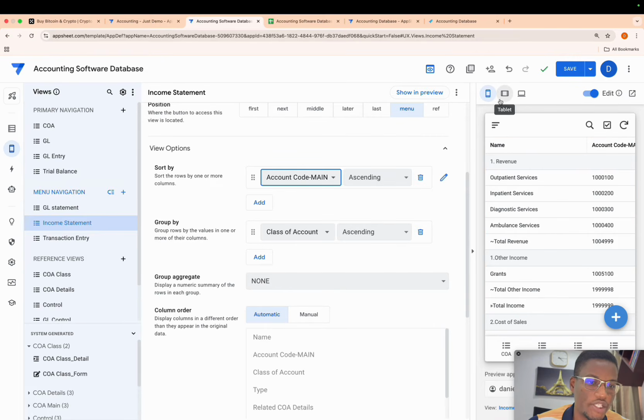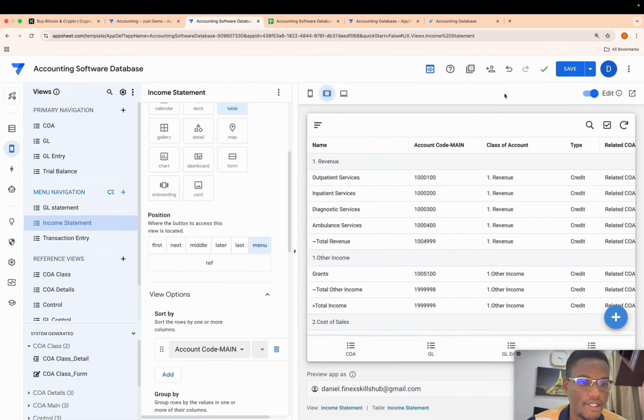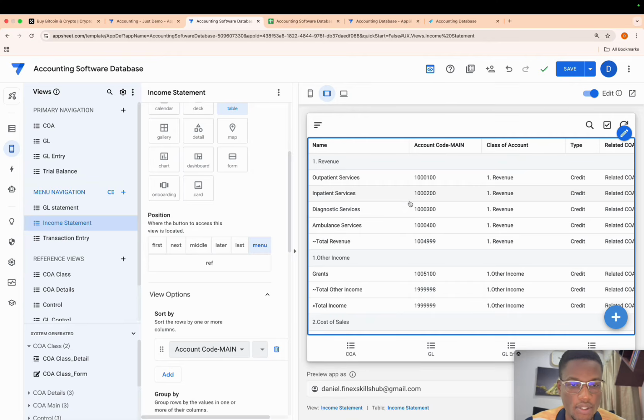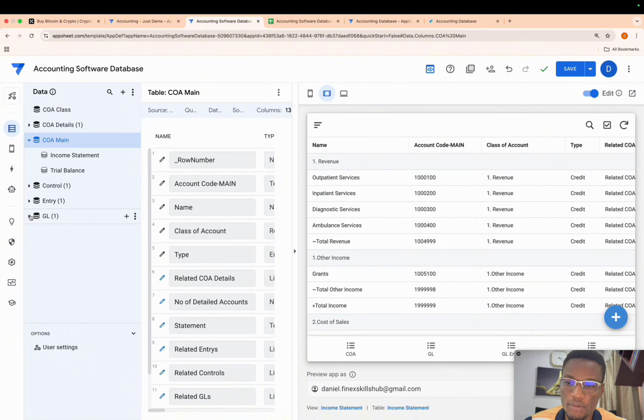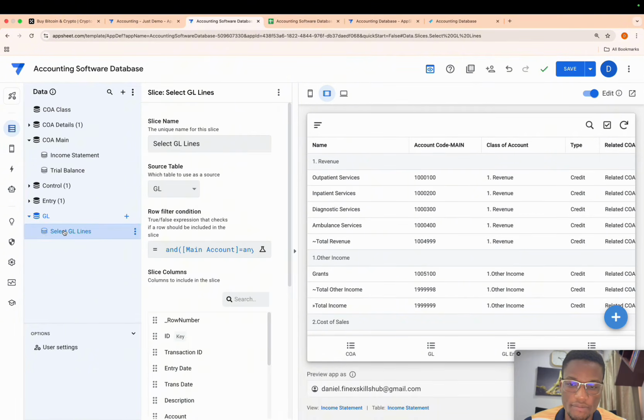Now we're going into the interesting bit. That's calculating our total amounts. Okay, now to calculate our total amount, we need to first filter our GL to make sure that we are taking only the lines we are interested in. Okay, so we're going to create a slice of the GL, and I'm going to make sure that this time around, we are taking only income statement lines that fall within a specific date range we selected. Good, so we're going to come here, come to GL, and we have something similar.